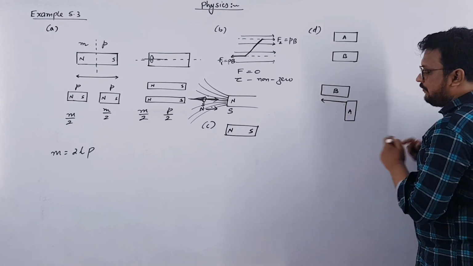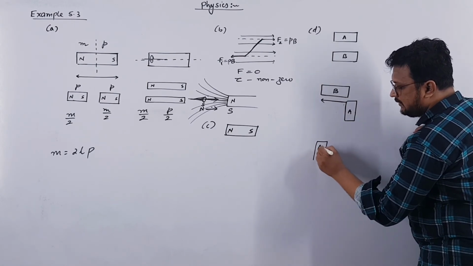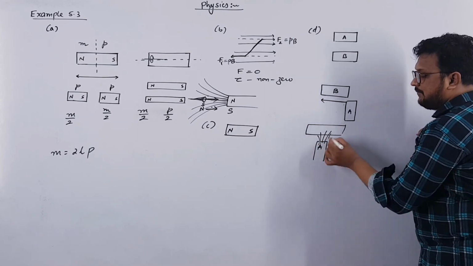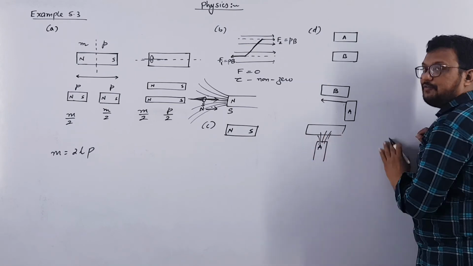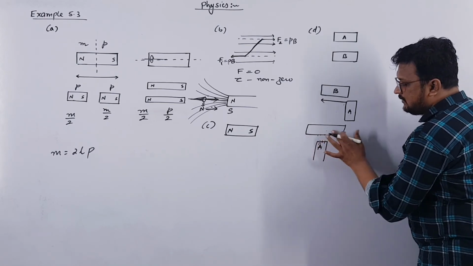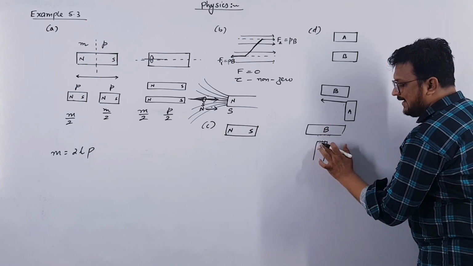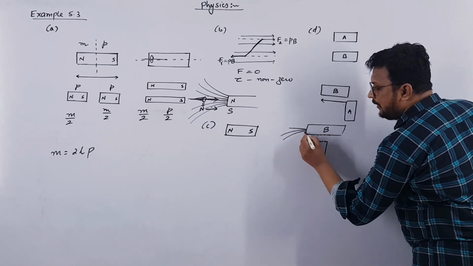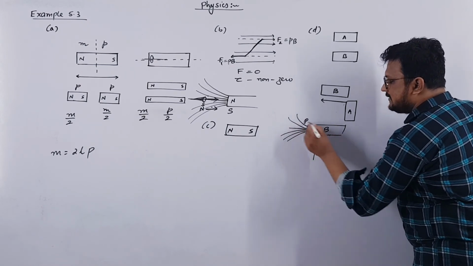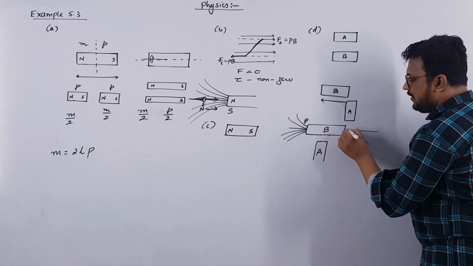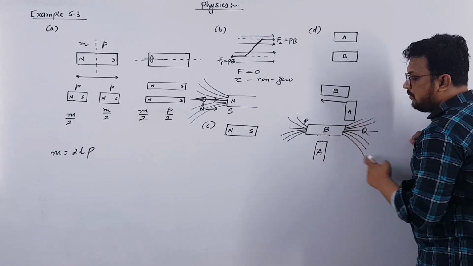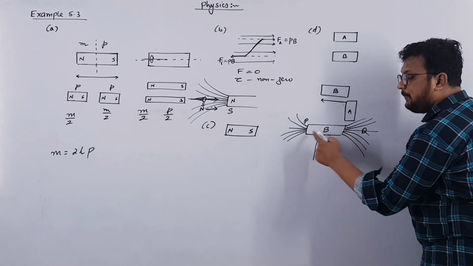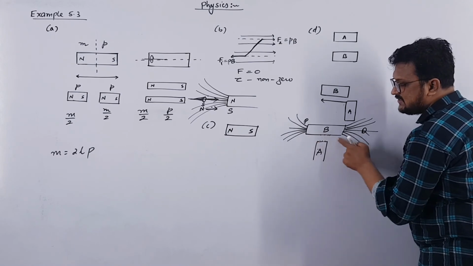Suppose this is magnet A and here we have an iron rod, then the magnetic field at each and every point will be the same, so it will get attracted equally at each and every point. But if B is a bar magnet, or magnetized, and A is not magnetized, in that case the magnetic field will be very strong at points P and Q, but weak along the length. So this iron rod will get more attracted towards points P and Q and less attracted along its length.